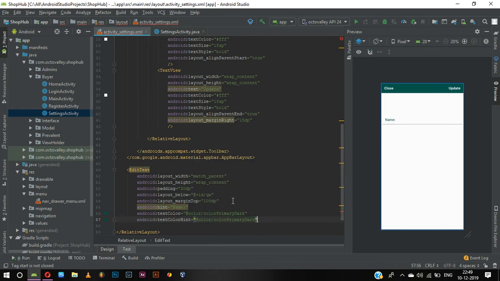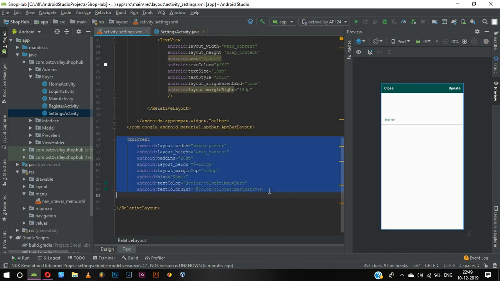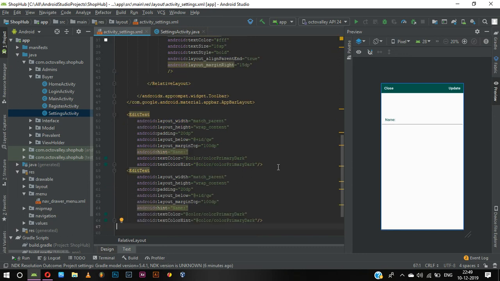And now what else do we have? And I think that's it. So what we can do is, we have a name, and if we need we can get some details, like what shall we get? We can get the address of the user. Just copy it and paste it, and it is below,